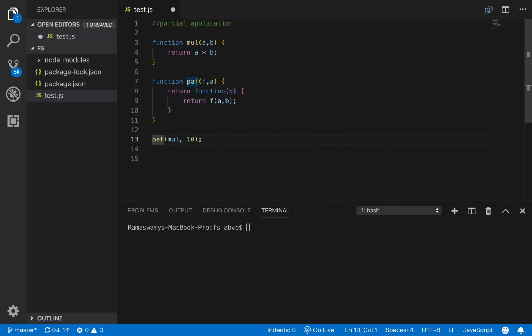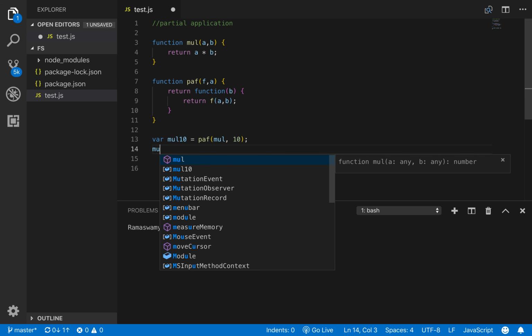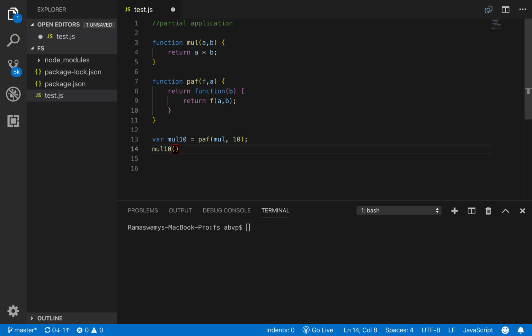Let us save this inside a variable called, say, mul10. And then we can call mul10 and pass in the value for b. Alright. So this is partial application.